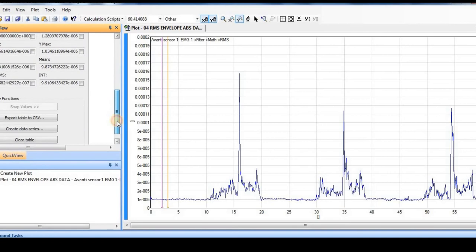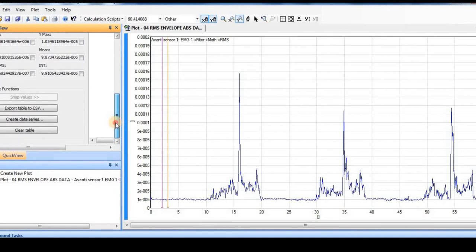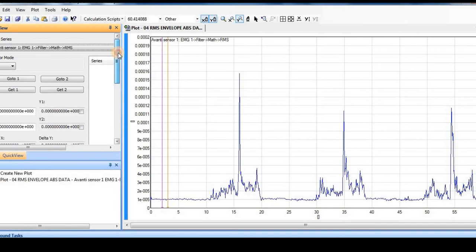And if we want, we can export these values into a file that can be a CSV file or an Excel file too. So this is all we can do. And if we want to again see any of the features of this plot, we have these cursors handy with us.